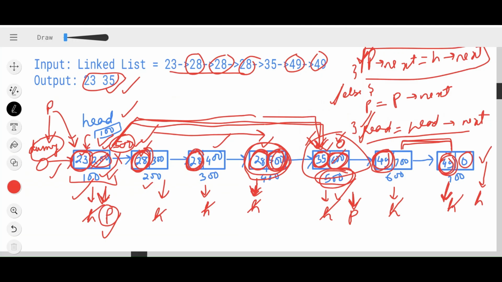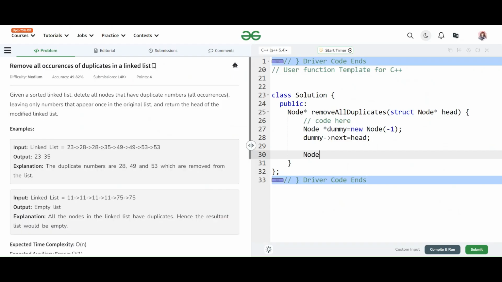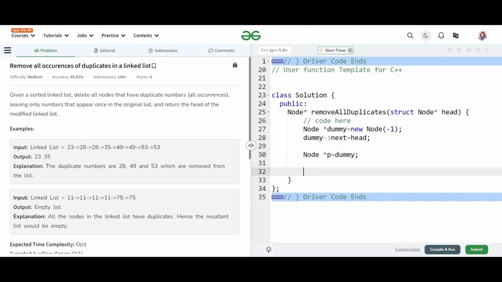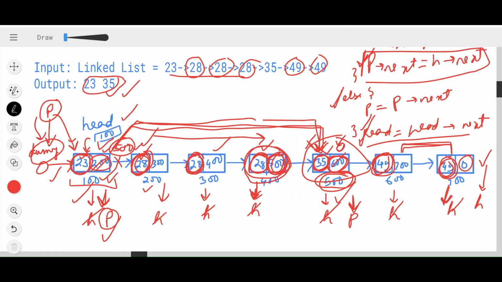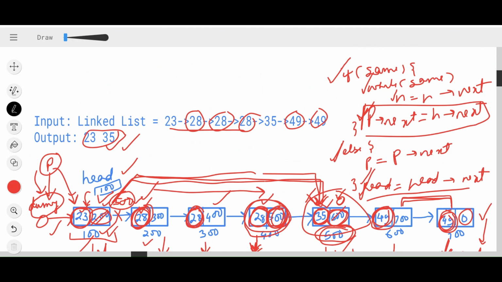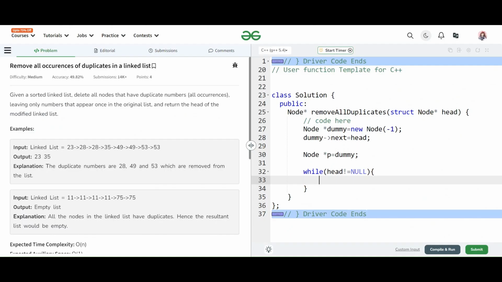After that, we took a P pointer and pointed it to the dummy node. Let's take a P pointer, node star P, and point it to the dummy node. Now we will traverse the whole linked list. And while traversing, we checked for two conditions. One was if the data of both the nodes are same, the other if the data is different. So we'll do the same thing here.